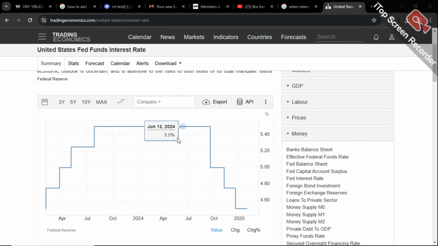For example, like I said, fundamentals talk about how economic-driven news impacts the market. And if we look currently, the reason why we're having a strong dollar index, DXY, for the past few months was because interest rates kept on increasing. It was constant at 5 point something percent. And when interest rates are high, it makes investors want to invest more in the economy, pushing it to go with better drive.